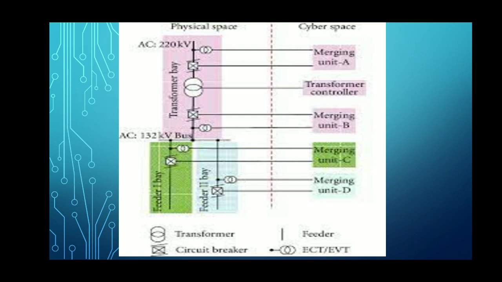This is the design of a 132 kV substation, with the AC of 220, then the 132 kV bus bar directly fed to the auxiliary feeder, then circuit breaker, transformer. So these are the devices which are used in an electrical substation. The main devices are the metering transformer and controlling, and measuring is also used for the earth resistance. So these are the things in the design of an electrical substation.